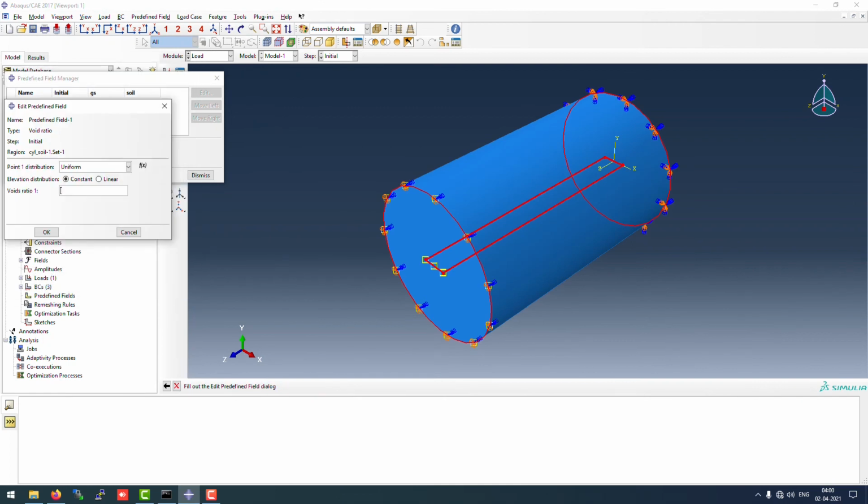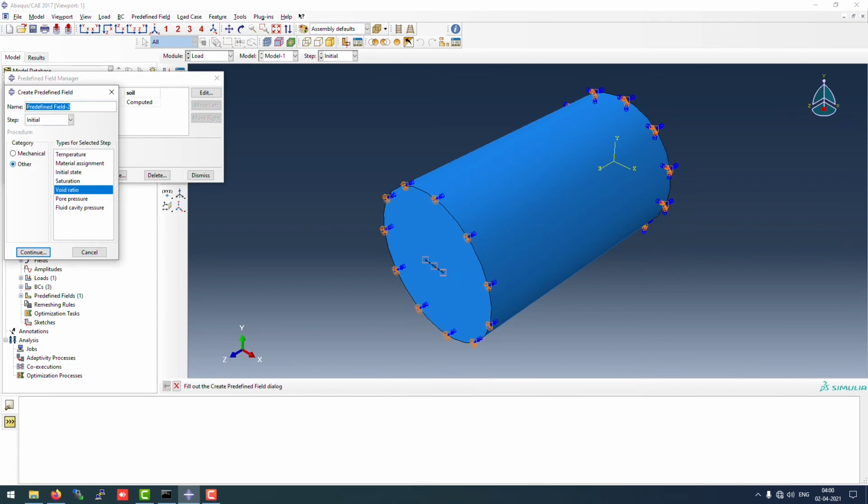If you see correctly, the void ratio will be 0.9. Just click on OK. One more thing you can do is go to mechanical and have your geostatic stress defined for the whole model. However, because you are just using soil step, you can use it, but I will just go with